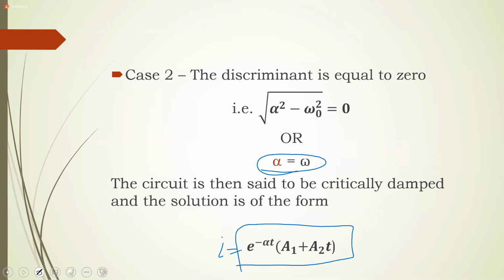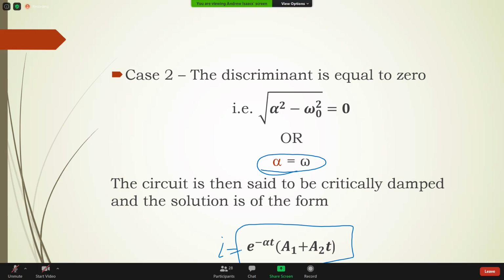Critically damped. And the critically damped circuit is one where we're saying that the minimum amount of damping is used to remove the oscillations. Or in other words, just enough damping is applied. And if we finish with this equation,